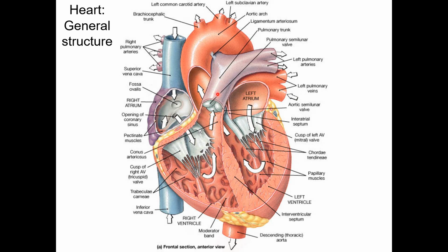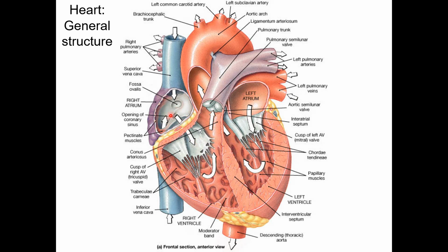Between the ventricles and the arteries, we have also valves that prevent the blood from going back from the artery to the ventricle. فمن يطلع البلد من الرايت ventricle باتجاه البلمونري trunk عندي هنا valve اسمه pulmonary valve. ومن يطلع من left ventricle إلى الأيورتا عندي aortic valve. So we have 4 chambers and 4 openings guarded by 4 valves.